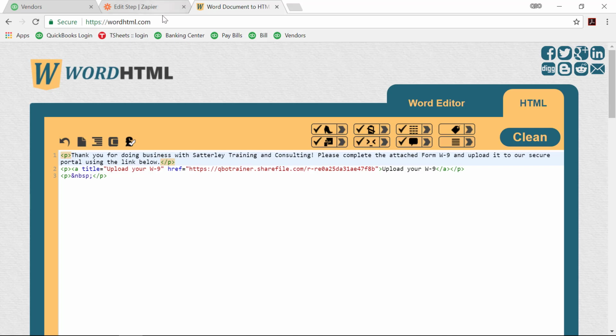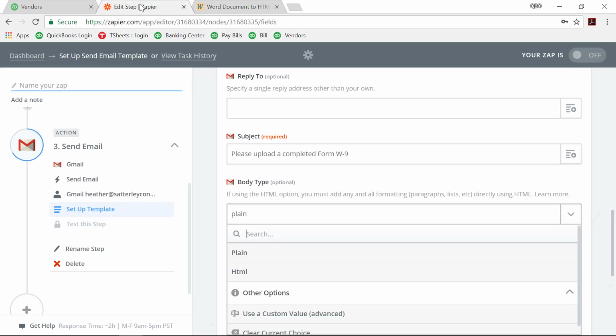So again, you're going to find that at wordhtml.com. So great resource for you, totally free too, which is always very, very nice. So what we're going to do here is I'm just going to go ahead and copy it by either right-clicking and copying, or I can use Control-C, and I'm going to head back over to my Zap, and I'm going to select